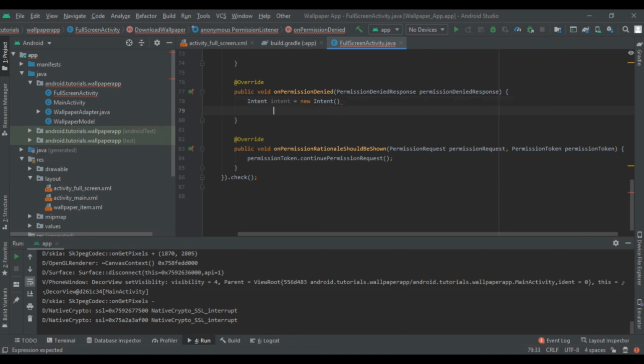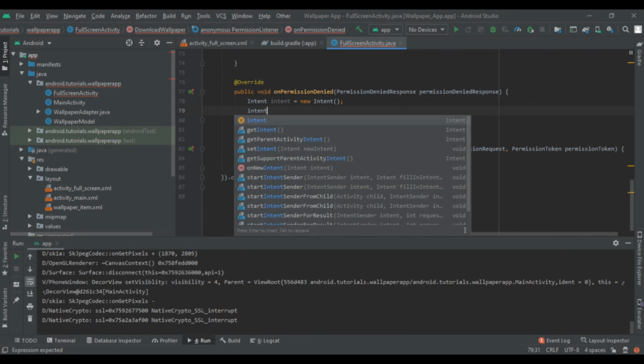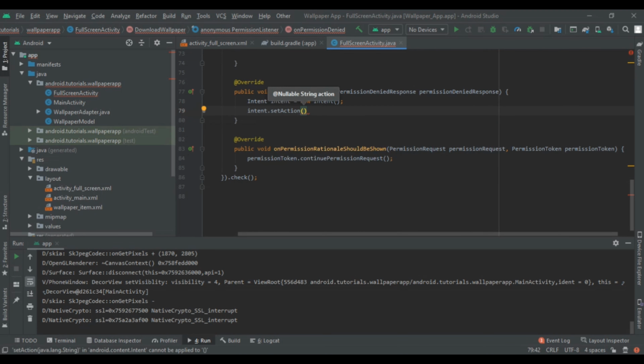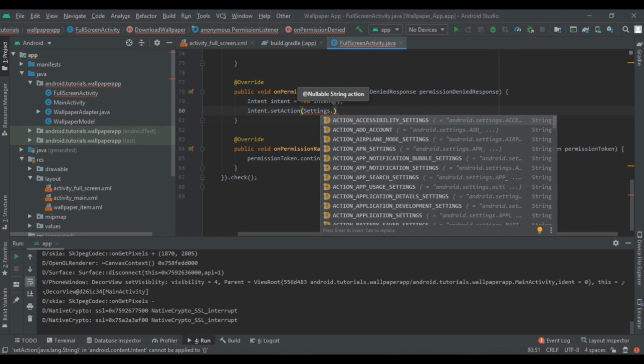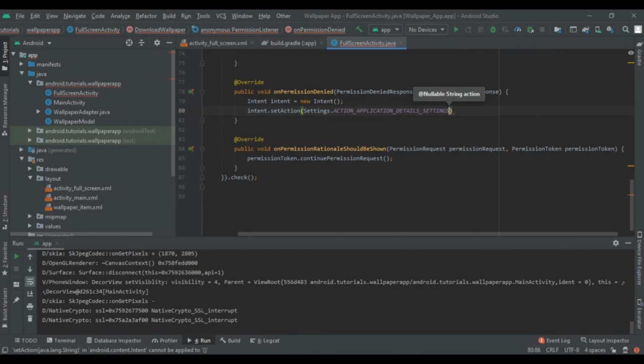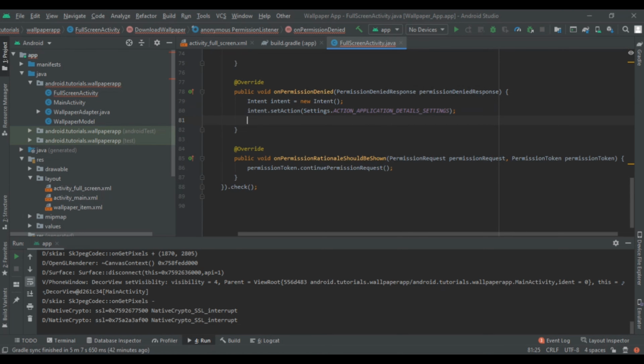So after that we had to set action on intent. So intent.setAction, and that action will be Settings.ACTION_APPLICATION_DETAILS_SETTINGS. So write application details settings, that will be the action. After that close that and write intent